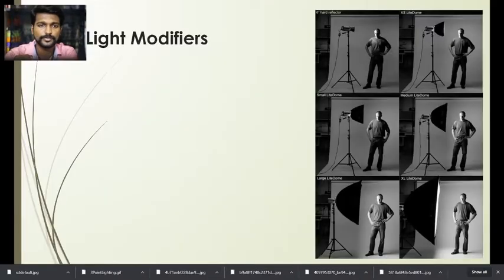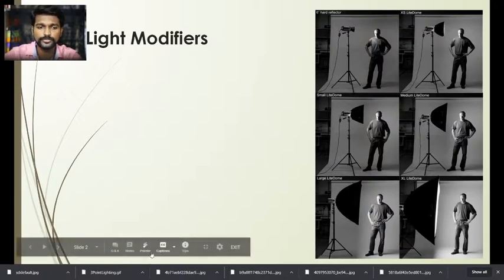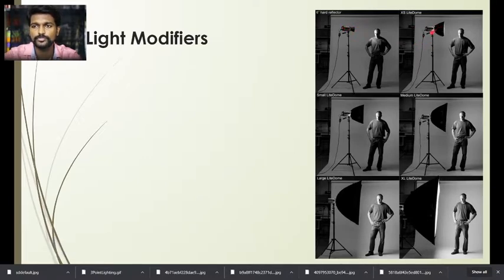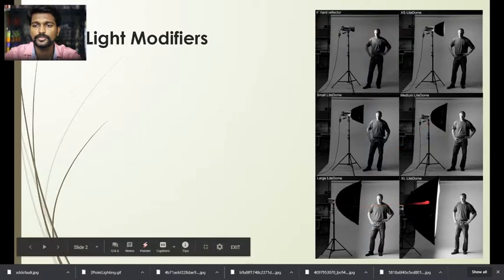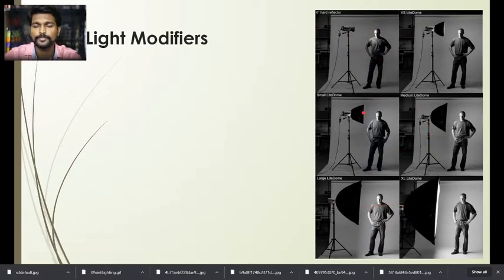Before we go into these types of lighting, we have to know what a modifier is. You can see examples of light modifiers here. See, this is a light. One source of light is used for all the lighting techniques, and different modifiers are used.